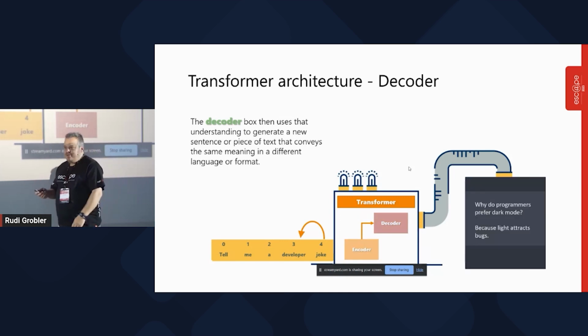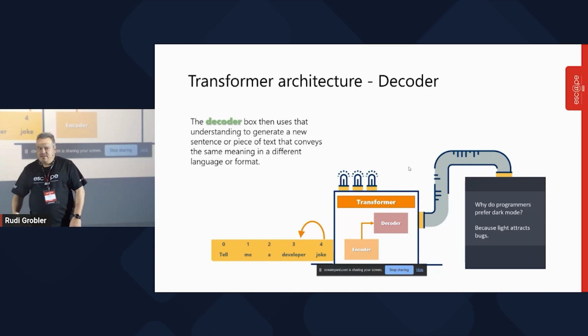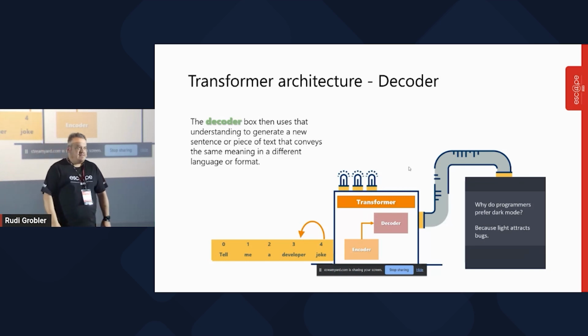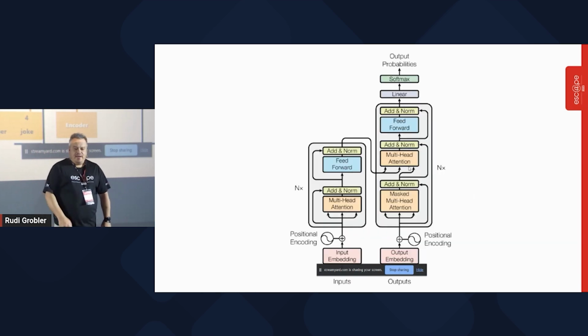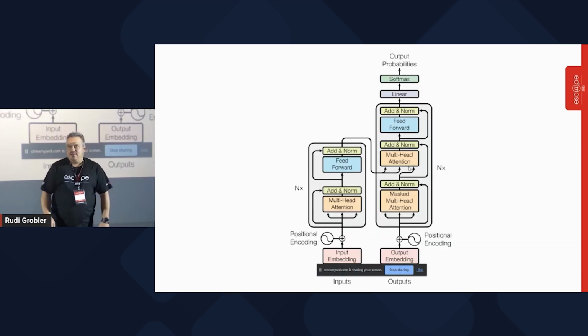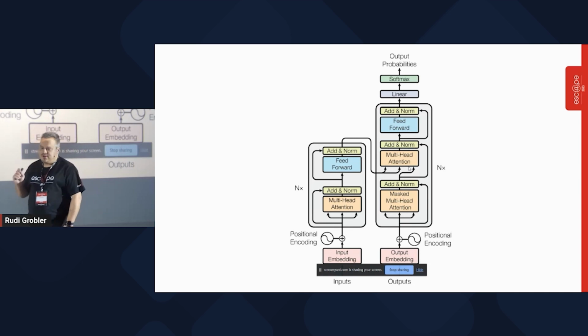And then the decoder goes and it tries to execute on that prompt that you're giving it. This is, again, a significant oversimplification, but in its essence, that is what it's trying to do. Now, if we look at the transformer architecture as it was described in the original paper, this is how it